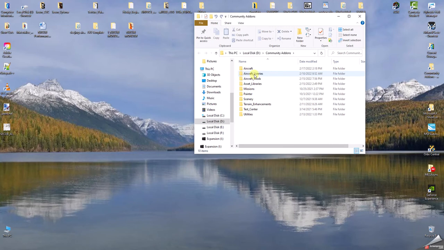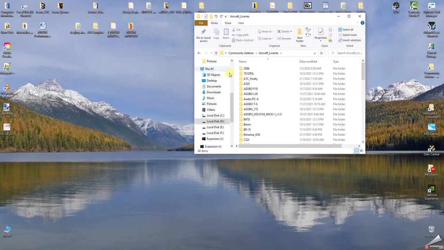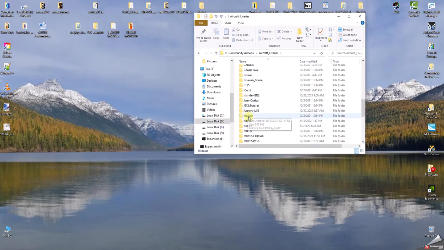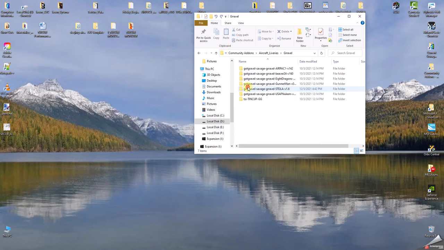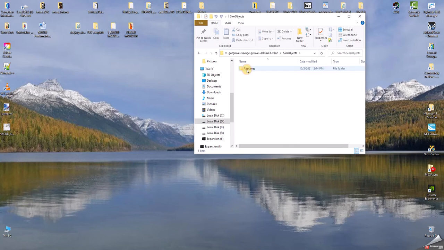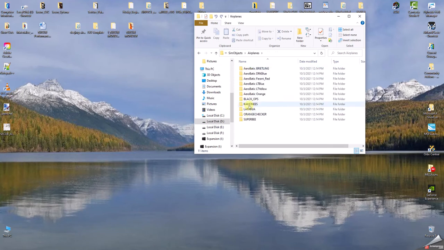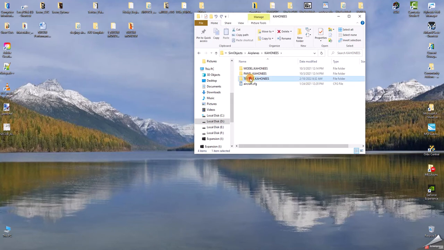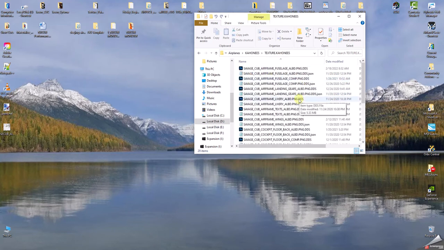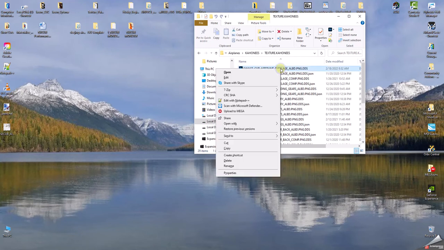I'm going to go to my aircraft liveries, go down to the gravel, and open up one of my packs. Go to airplanes, down to cojones. I'm going to open up the cojones texture file, and I'm going to right click the